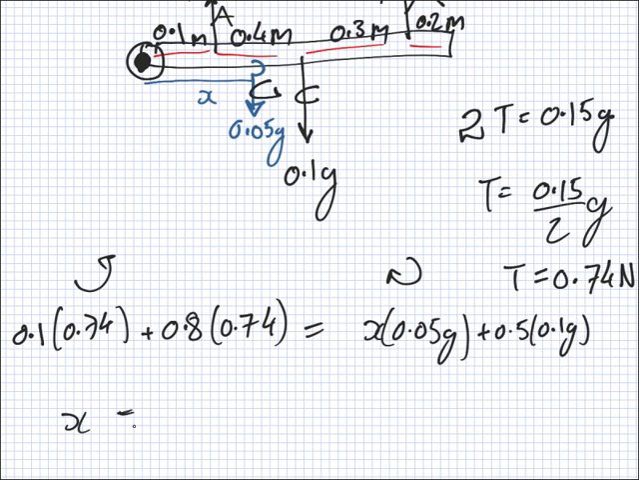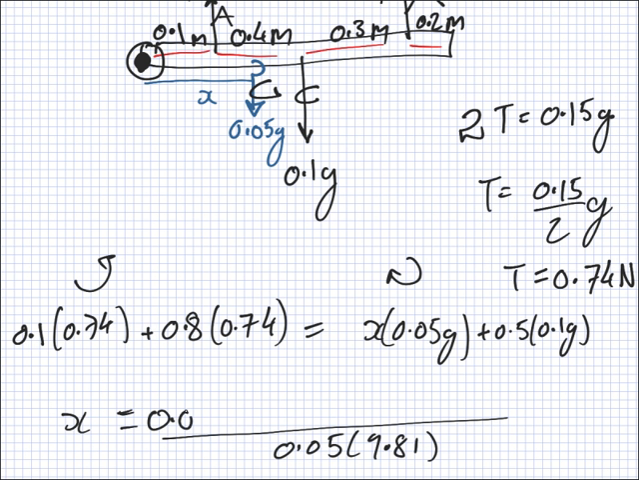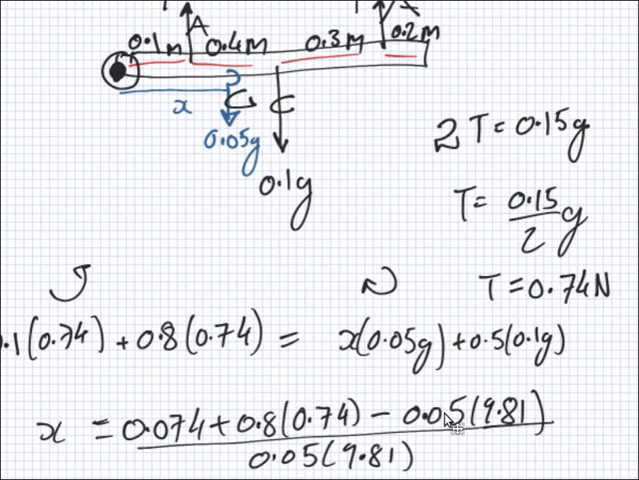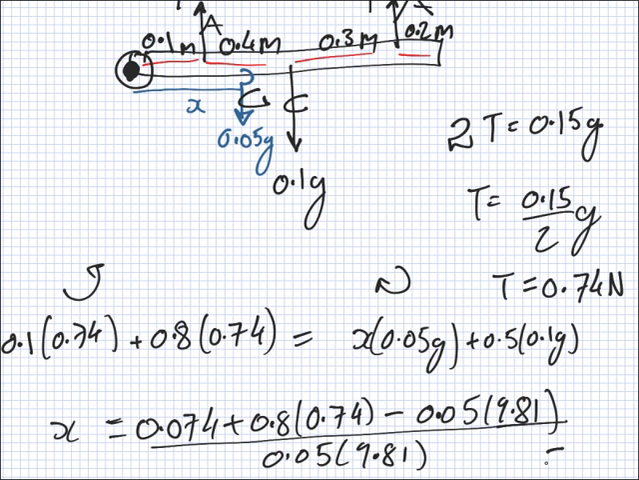X should equal 0.05 times 9.81 down here. That's 0.074 plus 0.8 times 0.74 minus 0.05 times 9.81. Equals